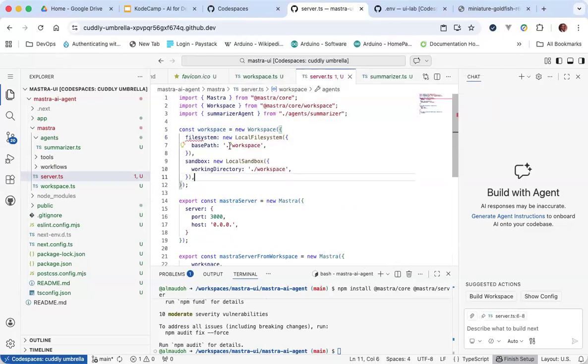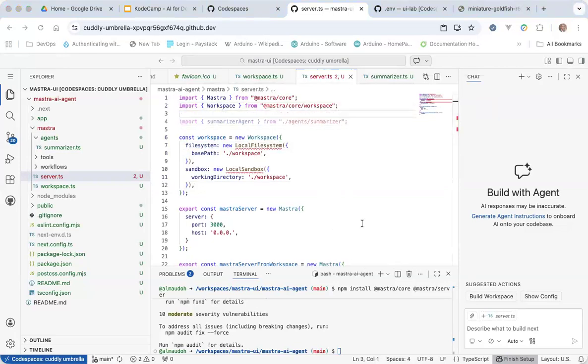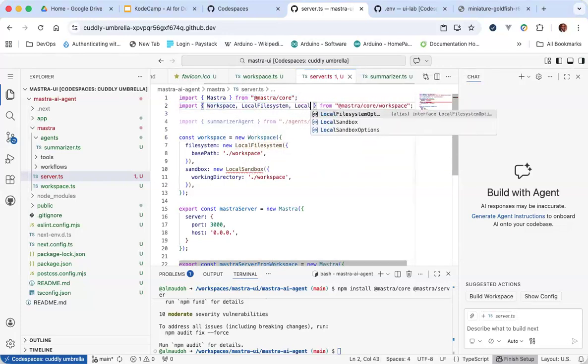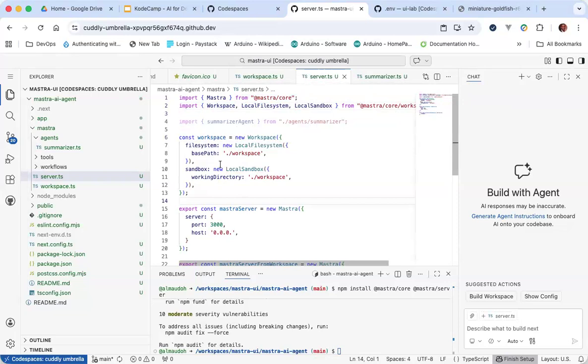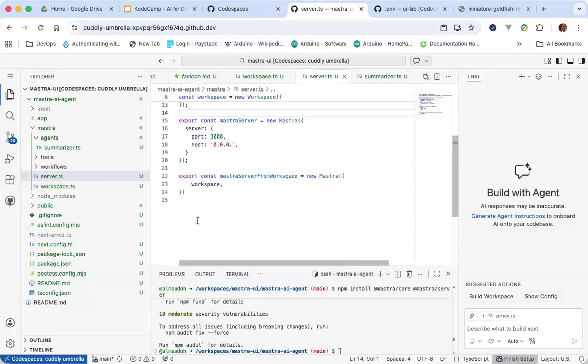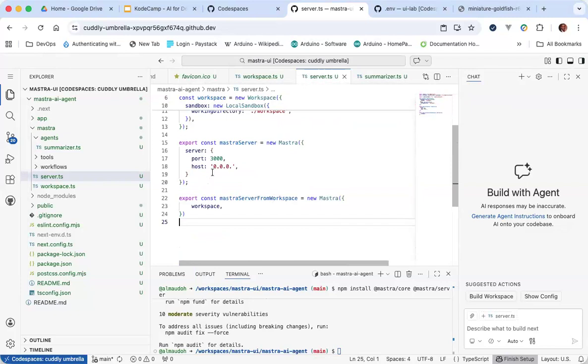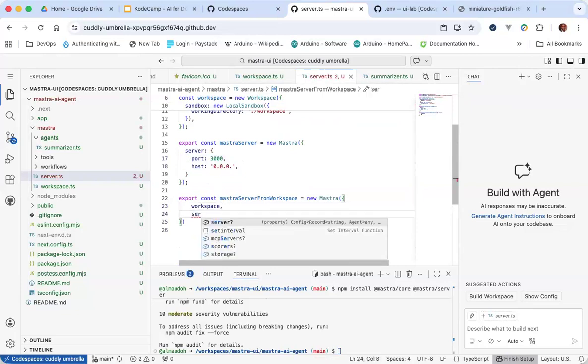We'll come to adding the agent. So the local file system you can import. We can also import from here. All right. So we create a workspace and then we create a server from the workspace. So these are two ways of creating. Here, because we didn't specify port and host, this one will be created. We could have also specified server,